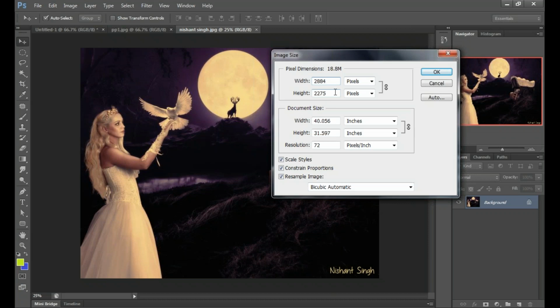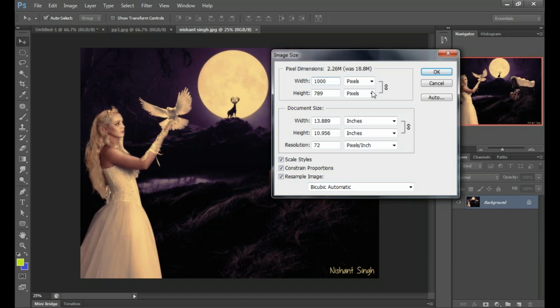So when you want to resize that image, choose how you want to resize, like in pixels or in percentage. For example, I'm going to change it. First, I will change it with pixels. For pixels, I want to resize this big photograph. I want to keep the width only 1000 pixels. So I will change that to 1000. You can see the height option is automatically changed as per the perspective of that image.